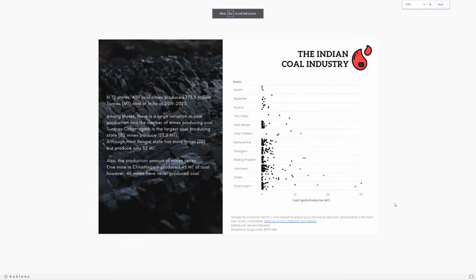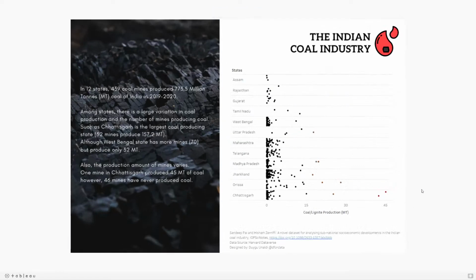I love jitters. They do look cool. I hardly ever create them, but I do like when people make them. So I actually have used them for work. Oh, have you? If you have a lot of data and you want to be able to see outliers, they're kind of nice. Yeah. So I really like the image on the left because I think the layout here works really well, and